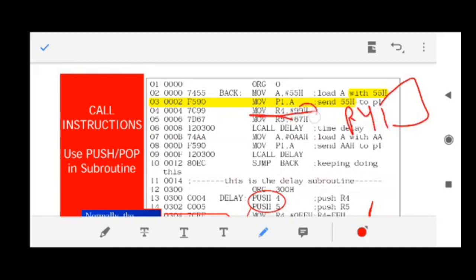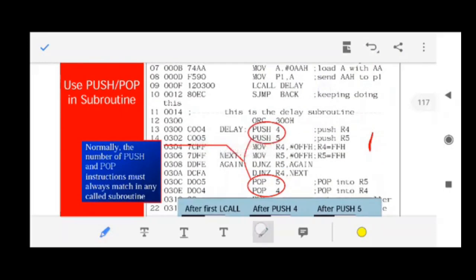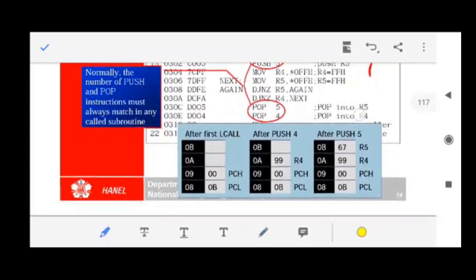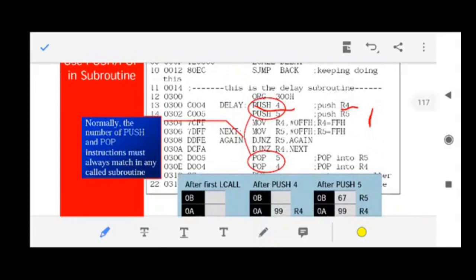Now what you have done using this instruction push 4 is push the value of R4 into the stack. And what is the value of R4? R4 is 99. So 99 will be moved to the stack. See, 99 is moved to the stack.